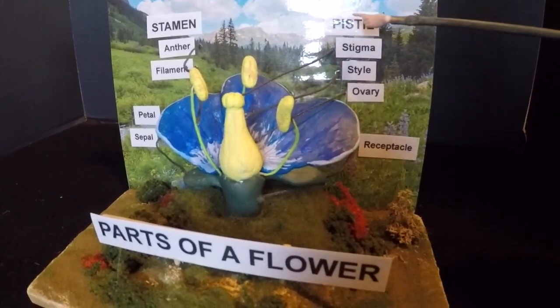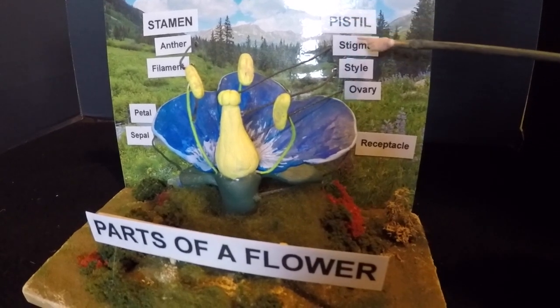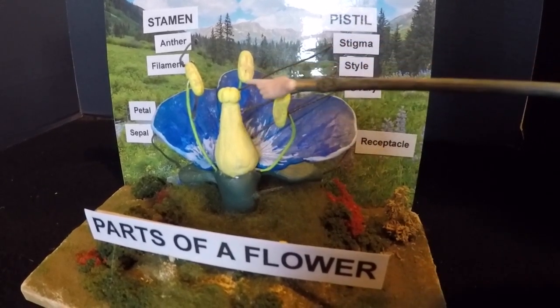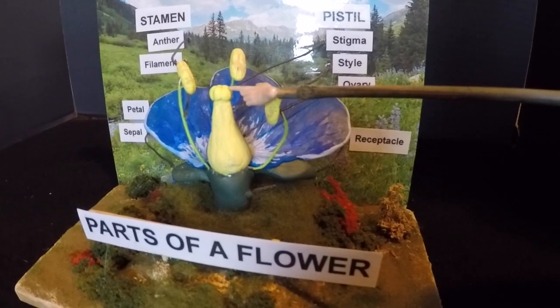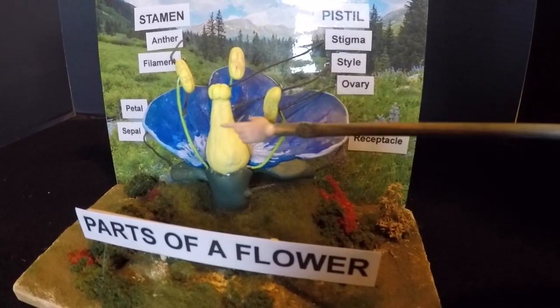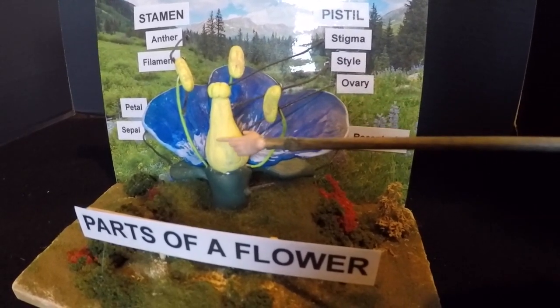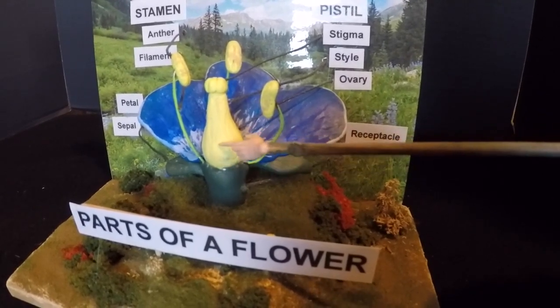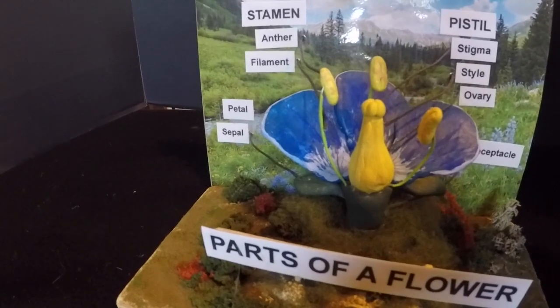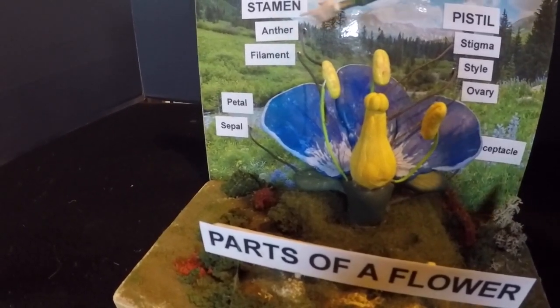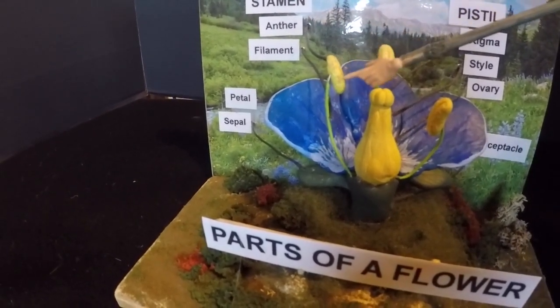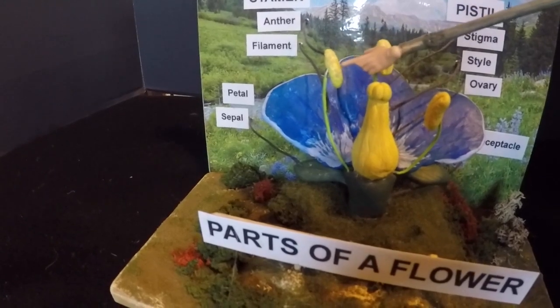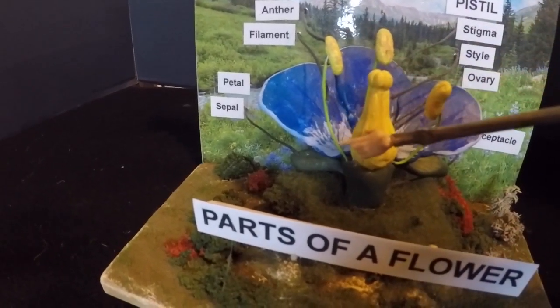Now let's see what happens here. The pistil is comprised of a stigma, which is the top portion of the pistil, then the style, and then the ovary, which inside, of course, will form the seeds when they're fertilized. The male flower parts, the stamen, comprised of the anther, which has the pollen, and the filament, which attaches it